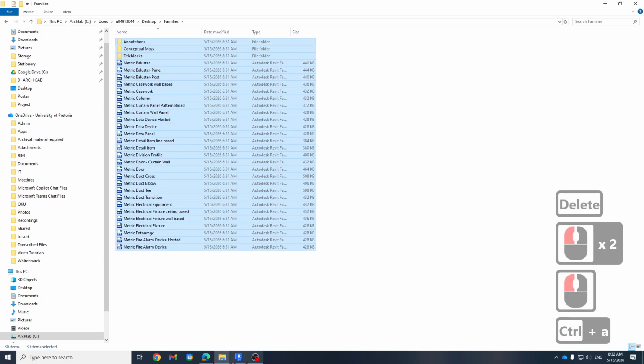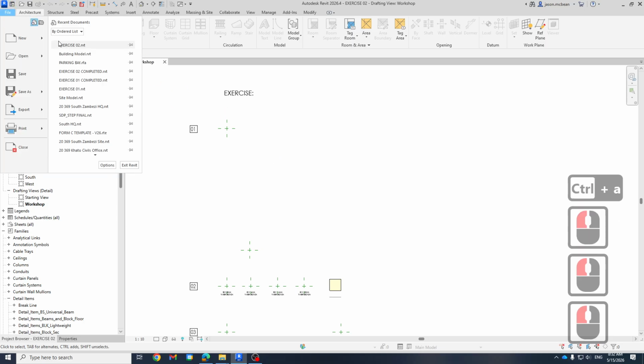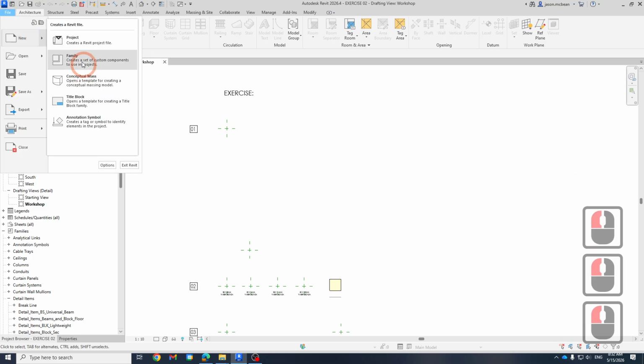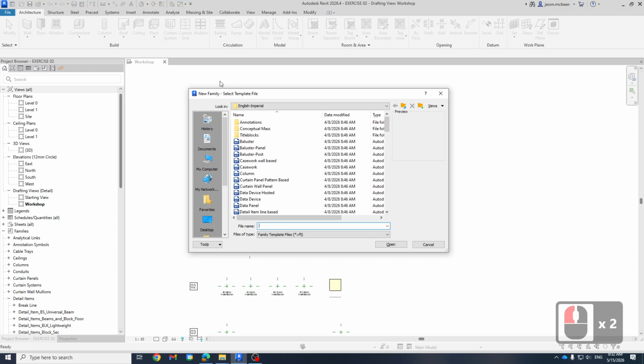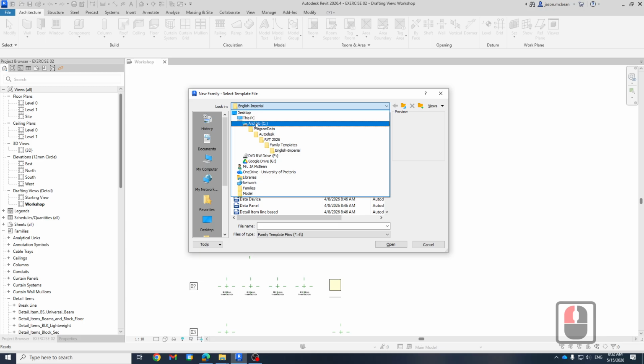So Control A. While you're in Revit and you go back to File, New, Family, by default Revit should try and navigate you to this location. Please note that this is quite a difficult folder to find because sometimes your program data folder is hidden. This is tricky to find, but if you go to Revit, Family Templates,